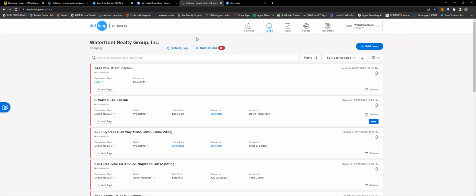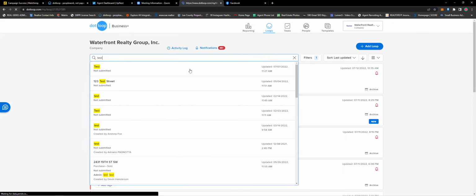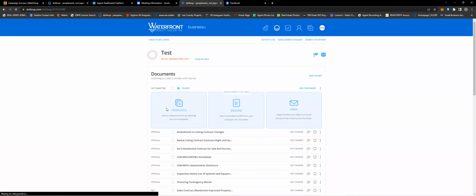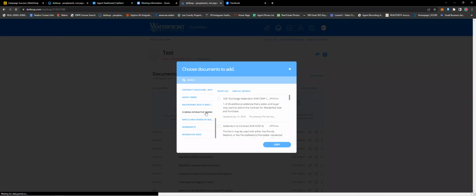So to go through and fill the document, as always, we're going to use .loop, and we'll go through our test loop to find this. And where you'll find this document in download is by adding a document. You go to your templates, go to your Florida interactive forms. You can type in lease